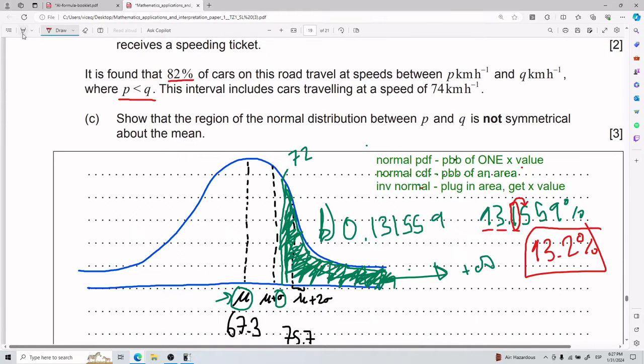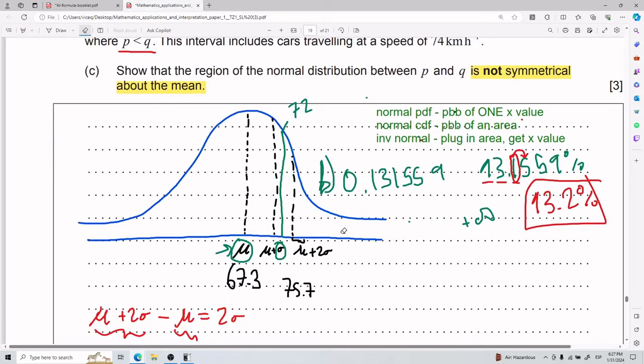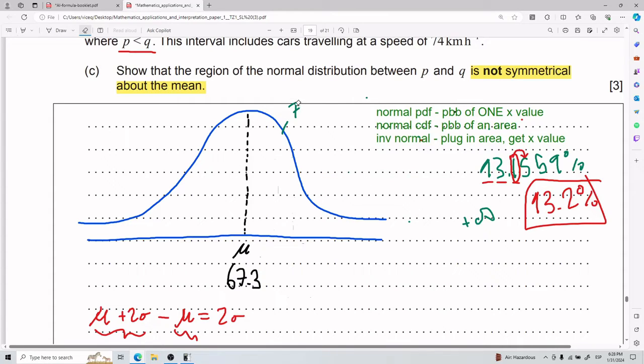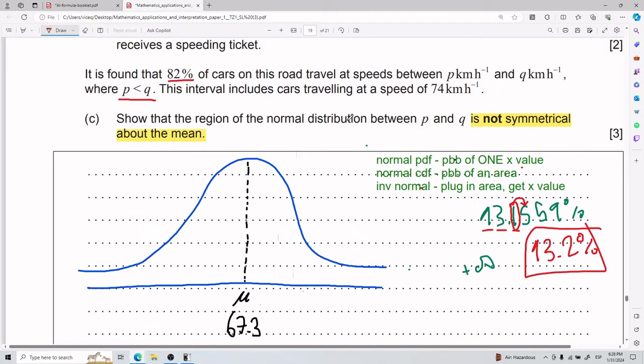Okay, so this part right here is really weird, okay? Basically, what they're trying to say is the following. Let me just make a little bit of space so I have more to play with and I can explain better. Yeah, so we said that the mean is 67.3, okay? So, and this part is really, really weird, so just really try to pay attention here. We need to show, with the information they gave us, that the area between P and Q is not symmetrical,